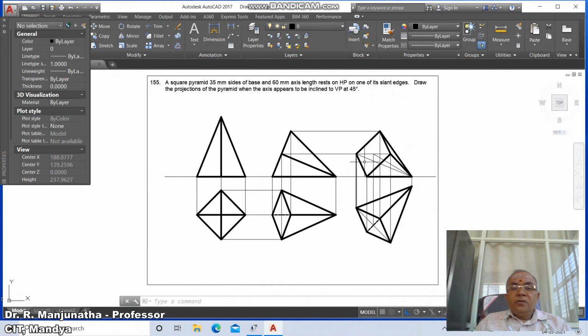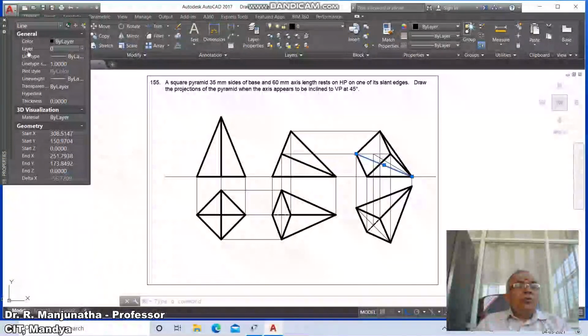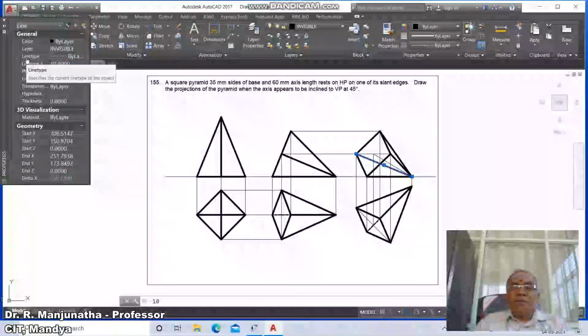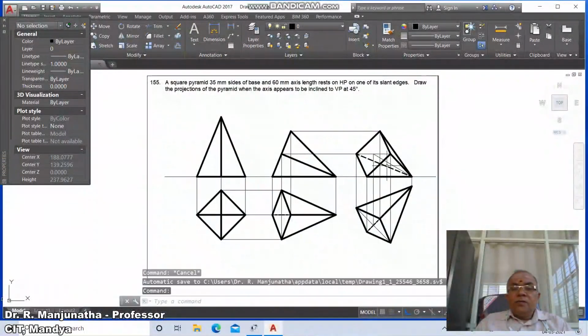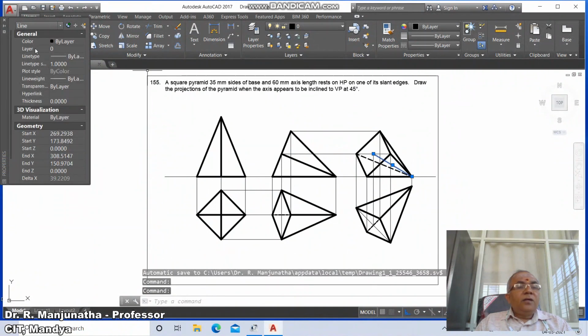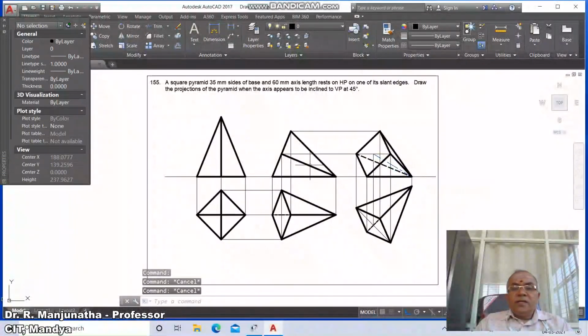Then again you just go to this line, go to layer, make that layer as invisible and make this as 10 and change this axis as 10. Then you make this again, you take 20, then go to select this and go to layer. You make this as the axis layer and change it to 10. Then escape. Then go to break, select this line and break it. Then go to move,